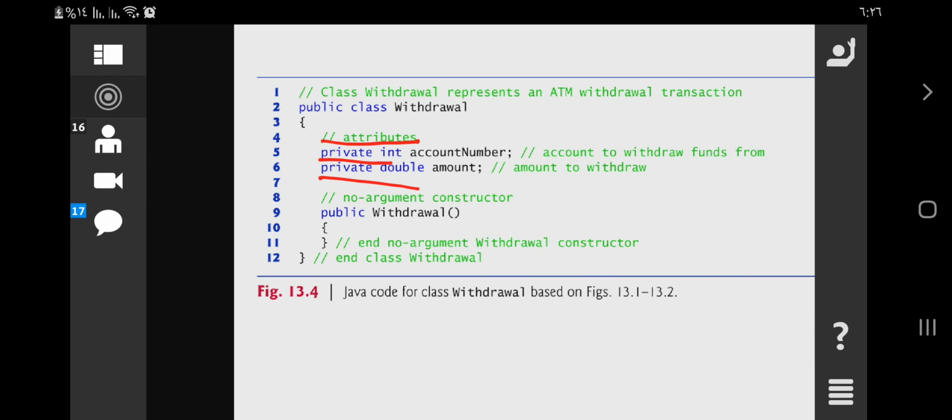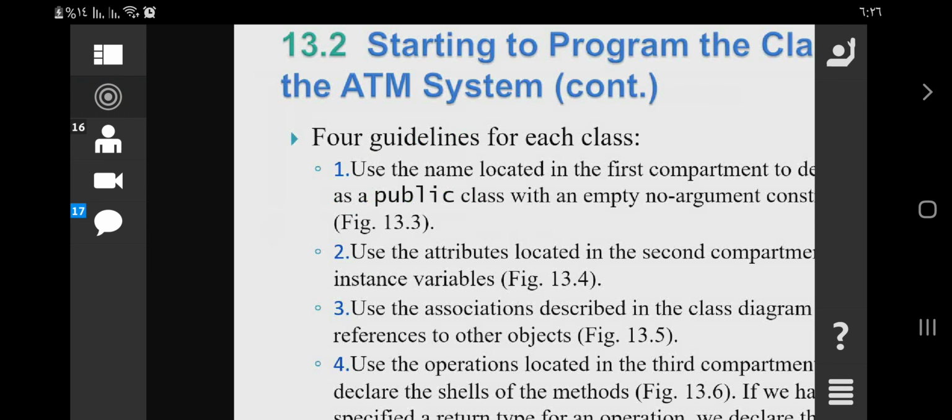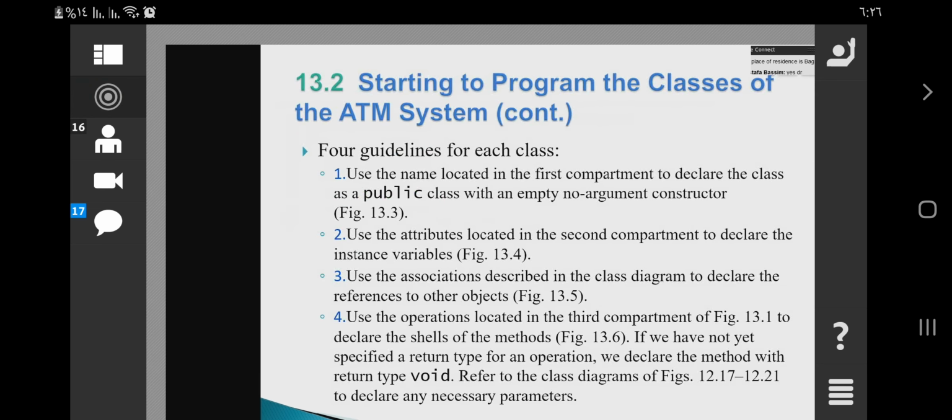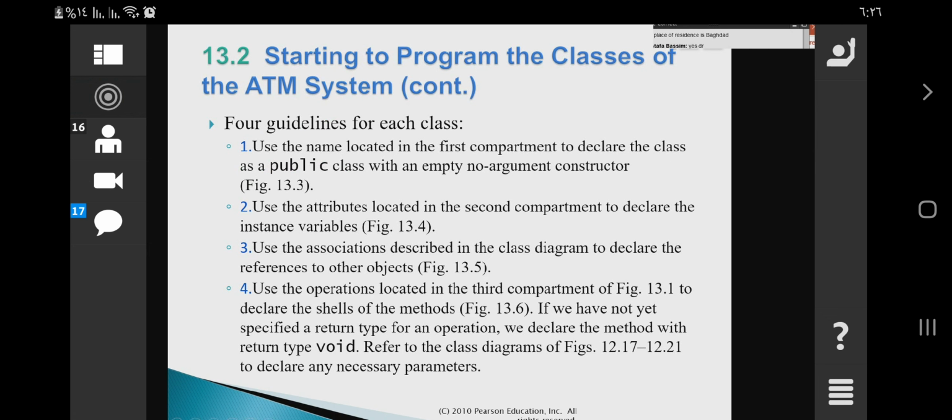So in the second step, we should define the attributes of the class according to the notation, the UML definition of the class Withdrawal. Okay. In the third step, we should use associations described in the class to